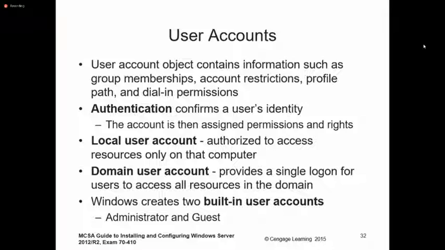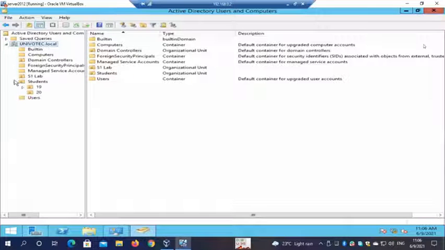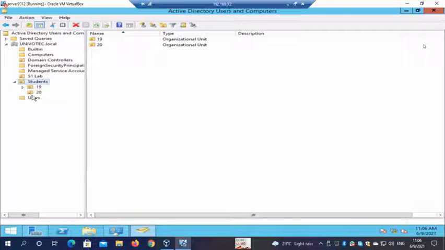Right. So this is what I explained earlier. A user account object contains information such as group membership, account restrictions, profile path. So this is the user account object. I think I created a user.